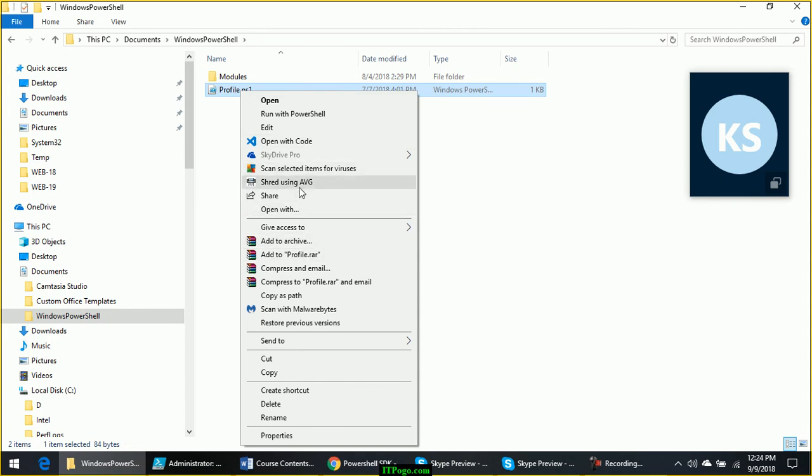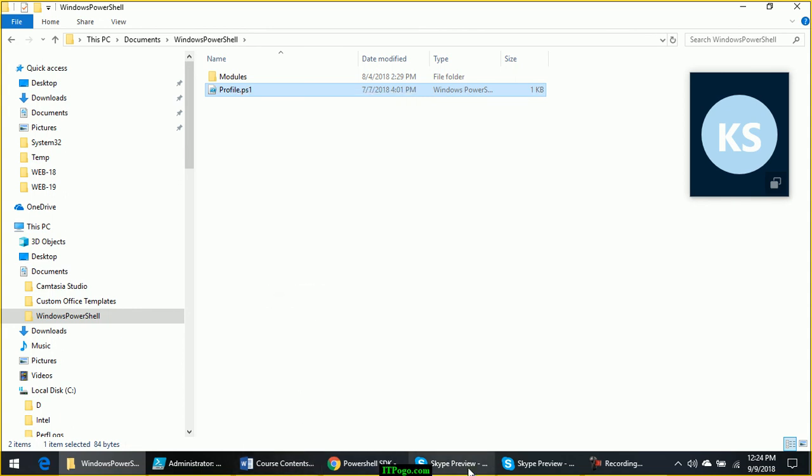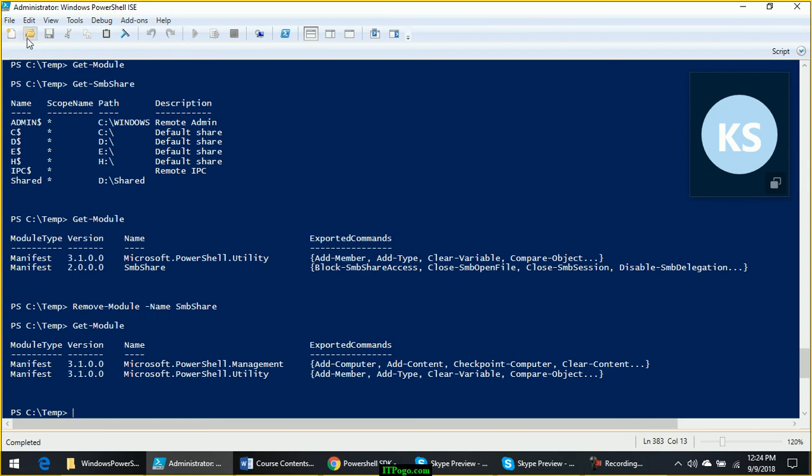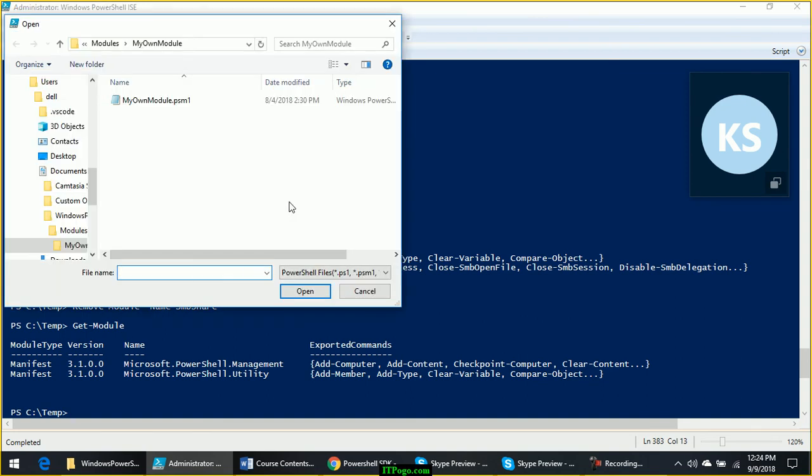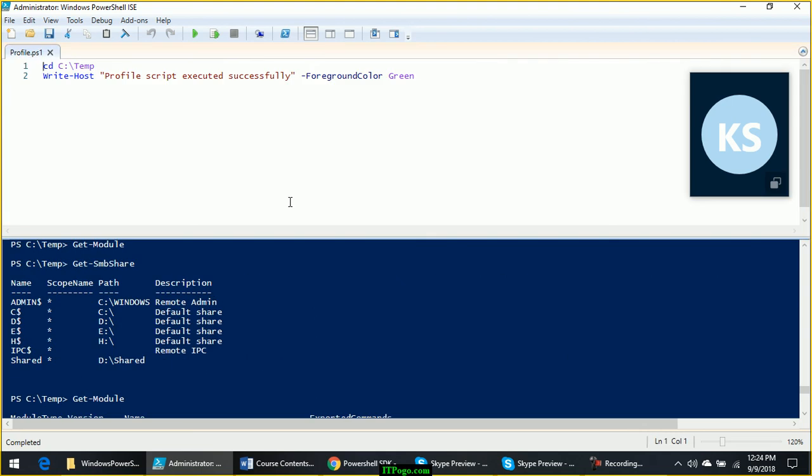Copy as path. Let me open it. Now, whenever I start PowerShell, you might have seen it shows this message, script executed successfully, and it goes into c temp. So I have put these commands in the profile.ps1 file.